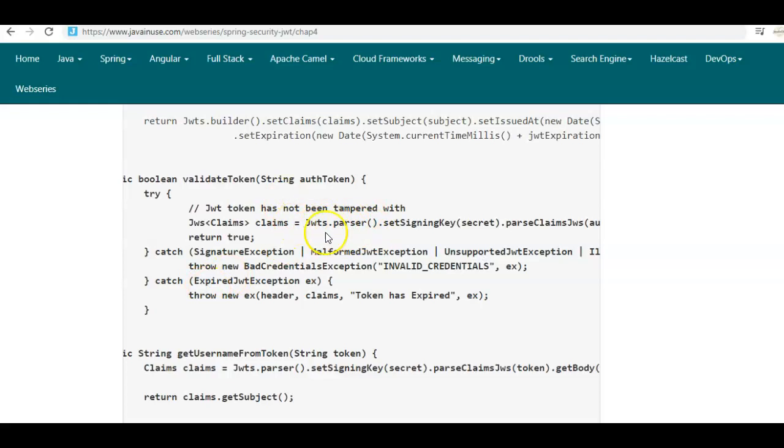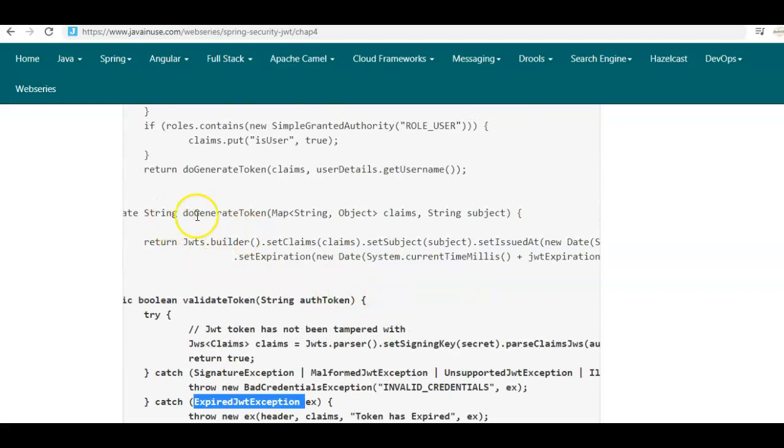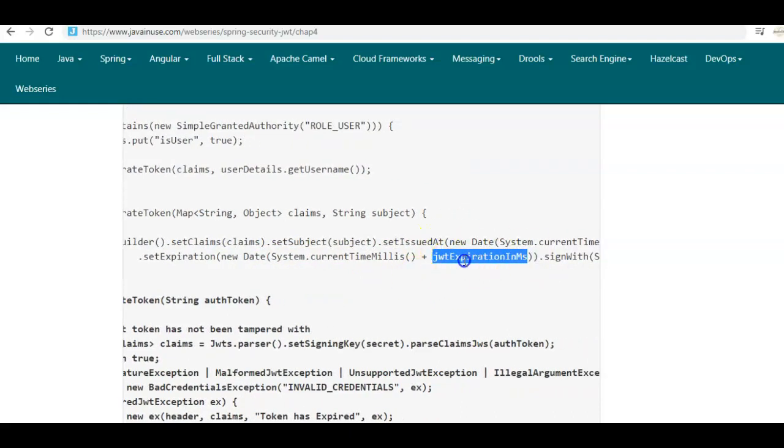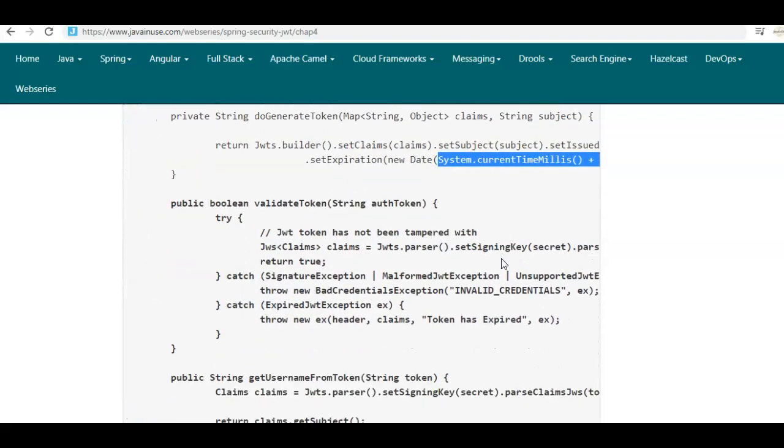Also, if the JSON web token is valid but it has expired, then the ExpiredJwtException will be thrown. When we were creating the JSON web token, we had set the expiration date as the current date plus the JWT expiration in milliseconds that we specified in the application.properties, which was 5 hours. So this JSON web token will be valid only for 5 hours from the time it has been created. If it is used after this time, then it will be a valid JSON web token, but it cannot be used because it has expired. So in this scenario we'll be throwing the ExpiredJwtException. We'll be having a look at the ExpiredJwtException in the next section in more detail.